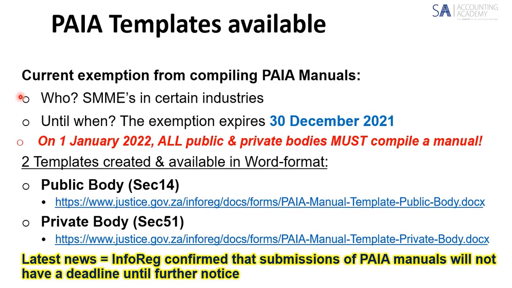When the document was gazetted, the exemption was gazetted now in June. It gave the exemption until the 30th of December 2021. Now remember, since PAIA came into effect in the year 2000, the first exemption from compiling the manuals was specifically for 10 years. Then there was another exemption granted for 5 years, and then there was another one granted for another 5 years. And then last year, December, there was one issued for 6 months because they said, well, you